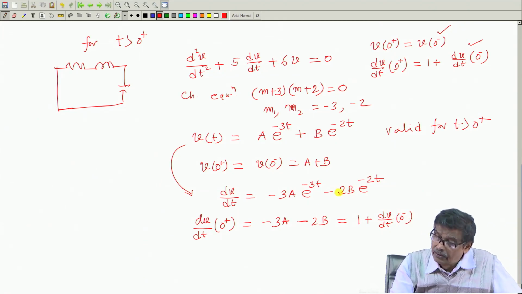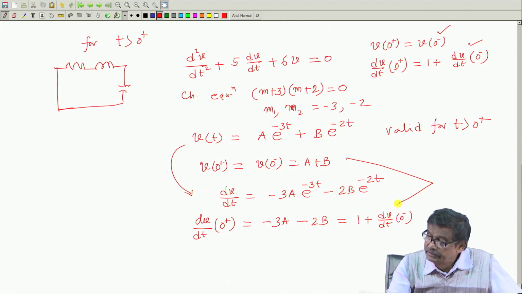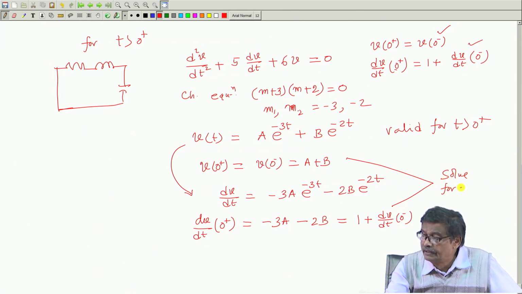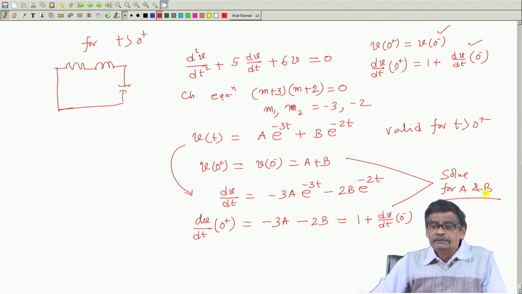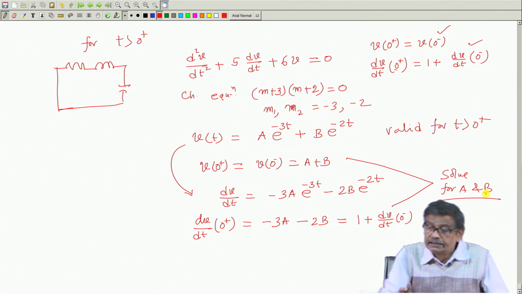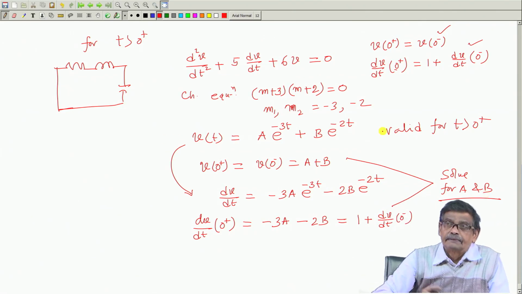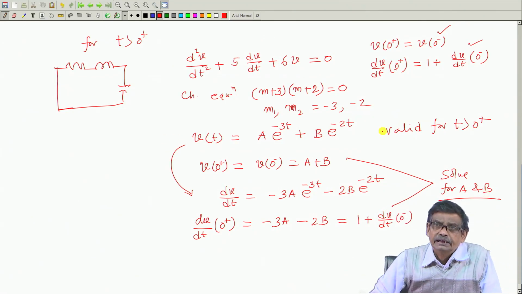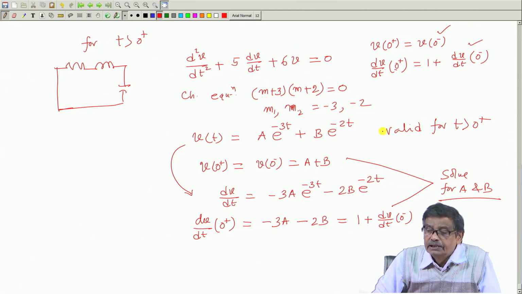So, there are now these two equations. Solve them for A and B, which I am not doing. You can just try solving them and then come back here. So, the important point is,